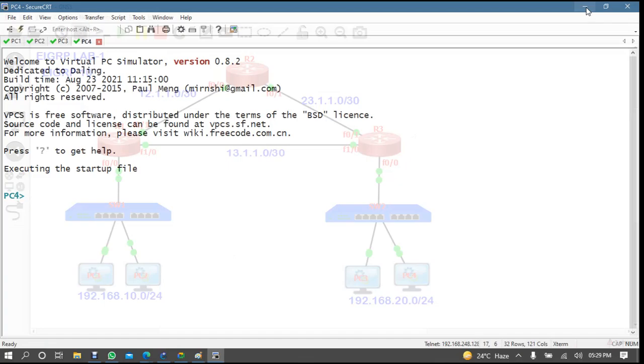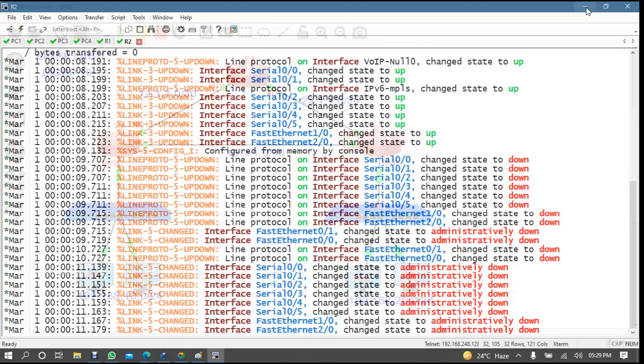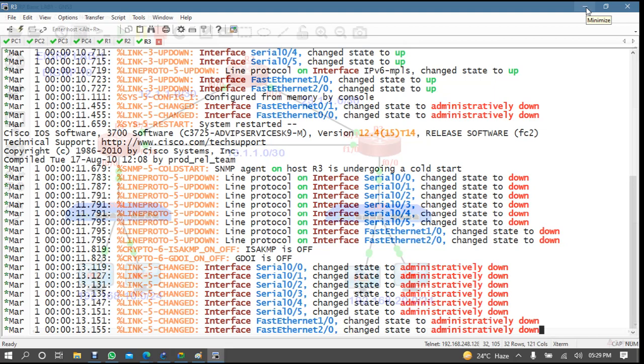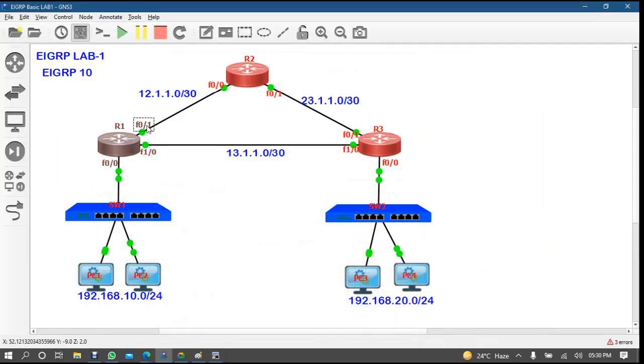One more thing. Suppose by mistake I kept a link like this. So remember how to find whether the link port is correct or not. You just have to put the link: link from R1 port FastEthernet 0/1 to R2 port FastEthernet 0/0.